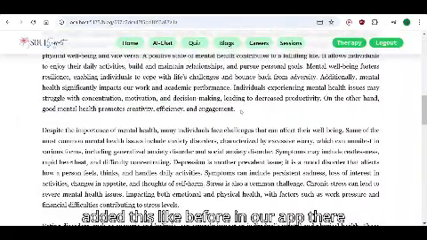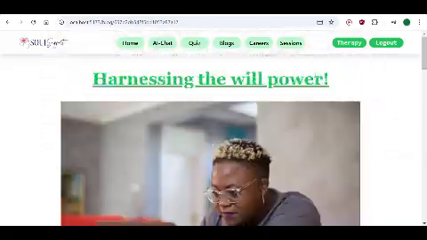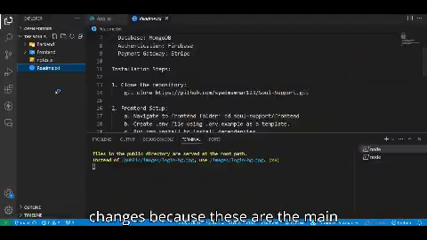We have added this. Before, in our app, there was no proper formatting of any blog. Now we have added that. So these are basically the UI changes that we have done. Let's talk a little bit about the code changes, because these are the main changes that we have covered